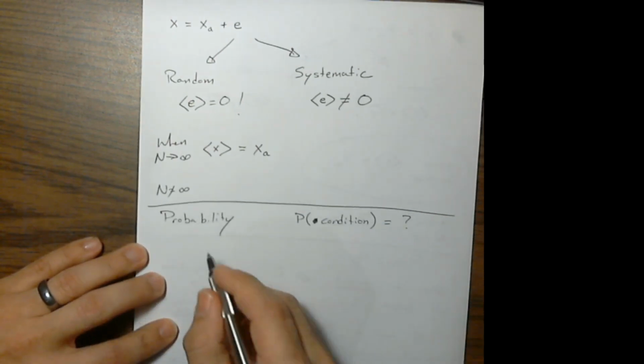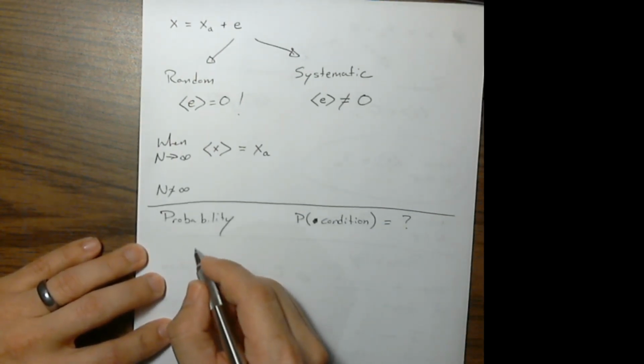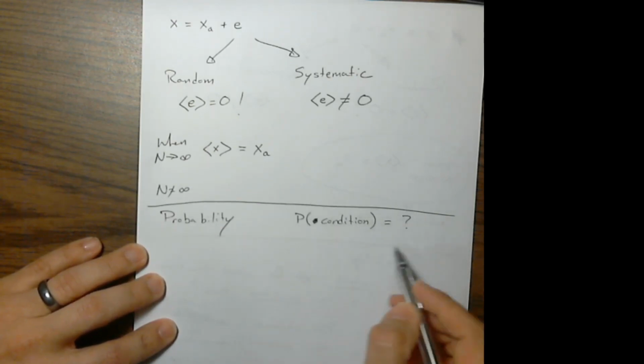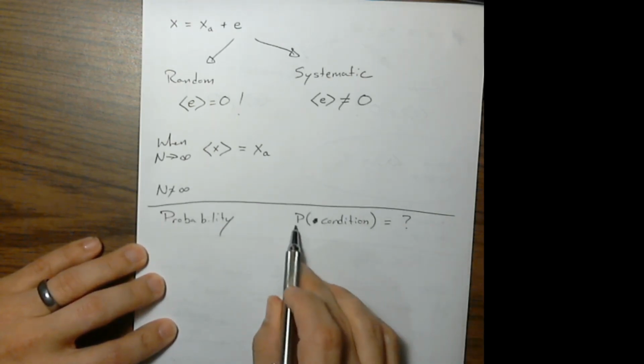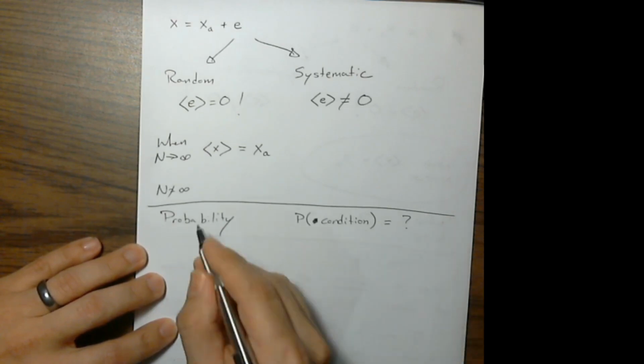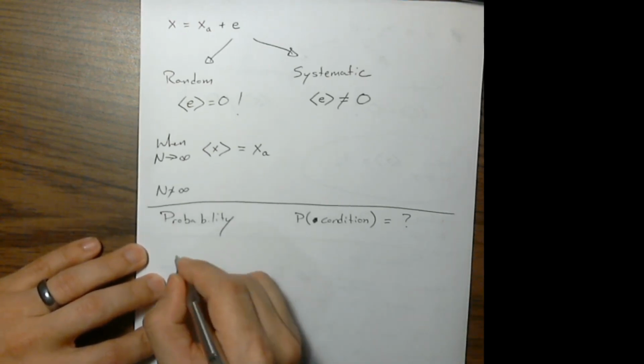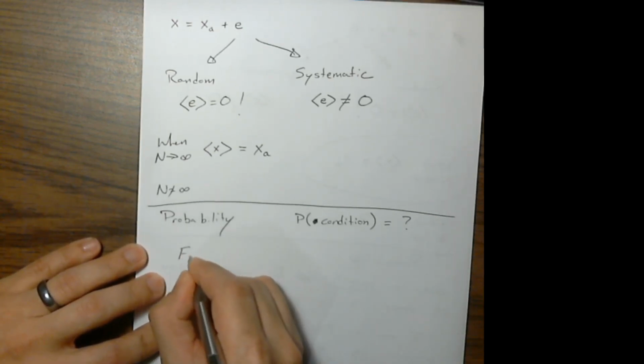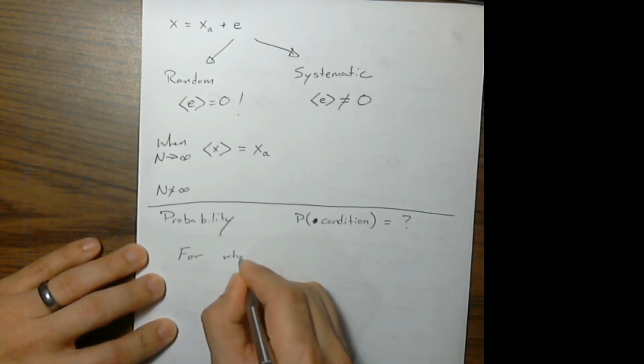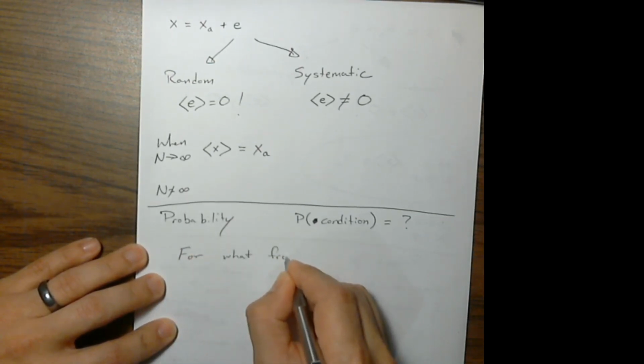Let me talk to you a little bit about what I mean by that. So this mathematical statement, P of something equals a number, asks the question, for what fraction